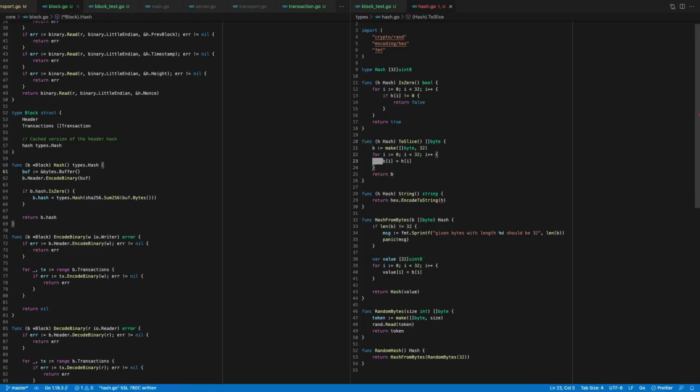Yeah, because we cannot put an exact array of 32 uint8s into this thing, so we need to make it a slice. And then we can say a to slice, and then we have a string representation, and if we then go to block test, which is the last thing we will do,